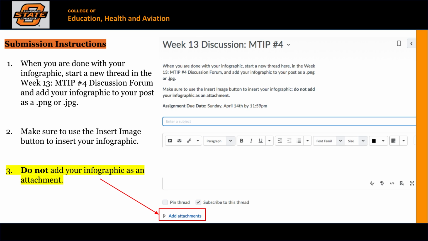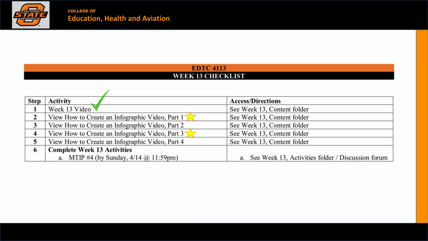What you don't want to do is use this add attachments button. So don't do this, right? If you did this, basically everyone would have to download your image, and that's the only way they could see it, and then everyone has to download a bunch of images. So basically do this, don't do this when you're attaching. Okay,